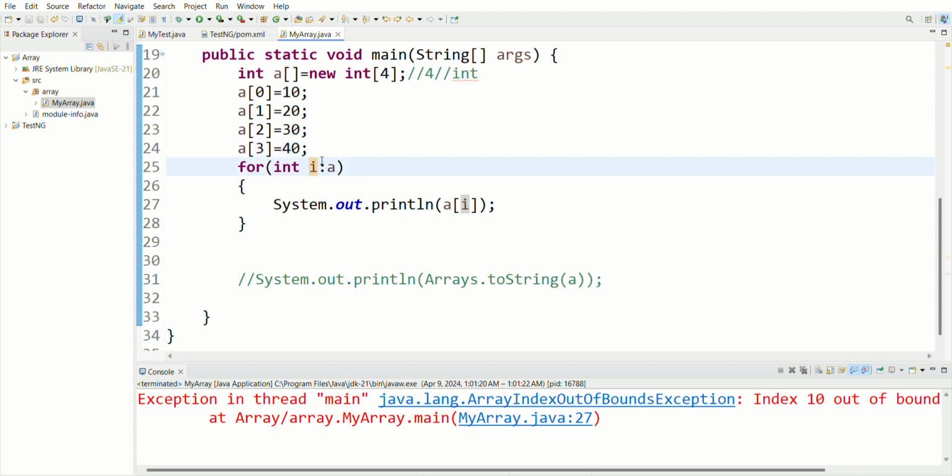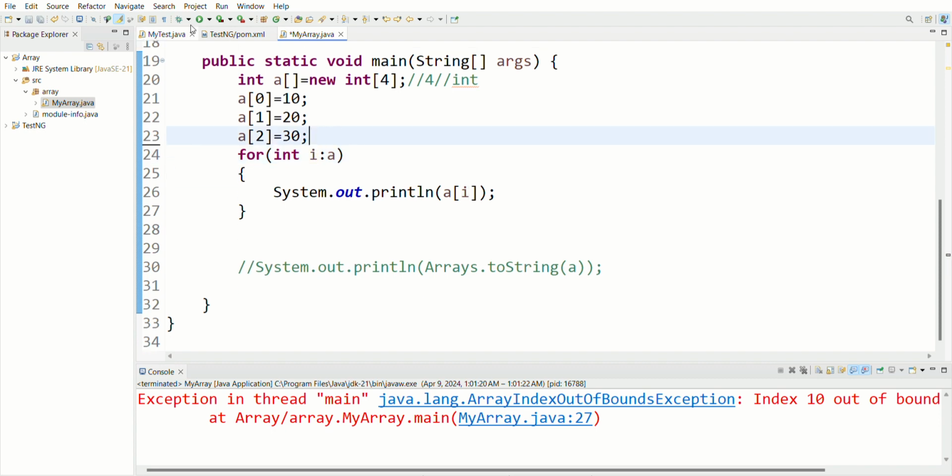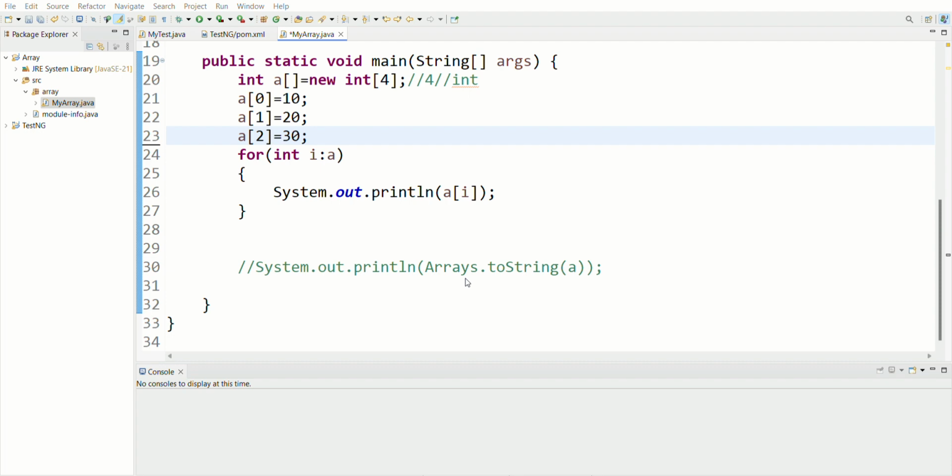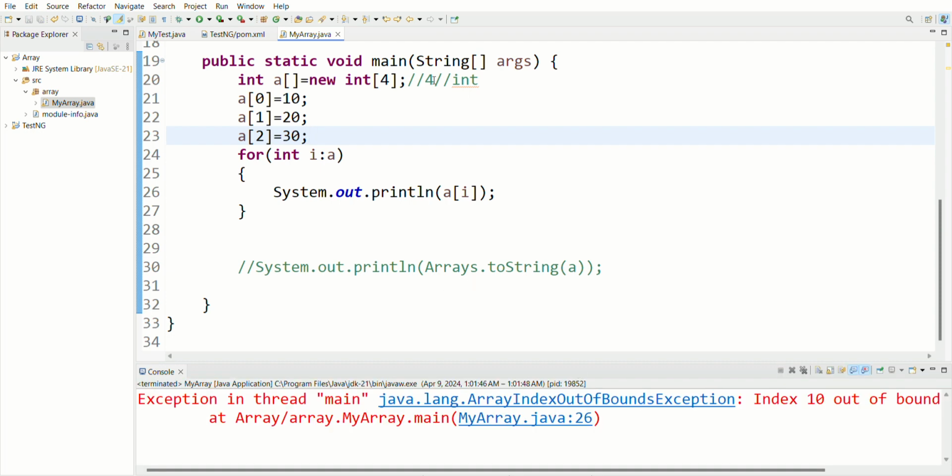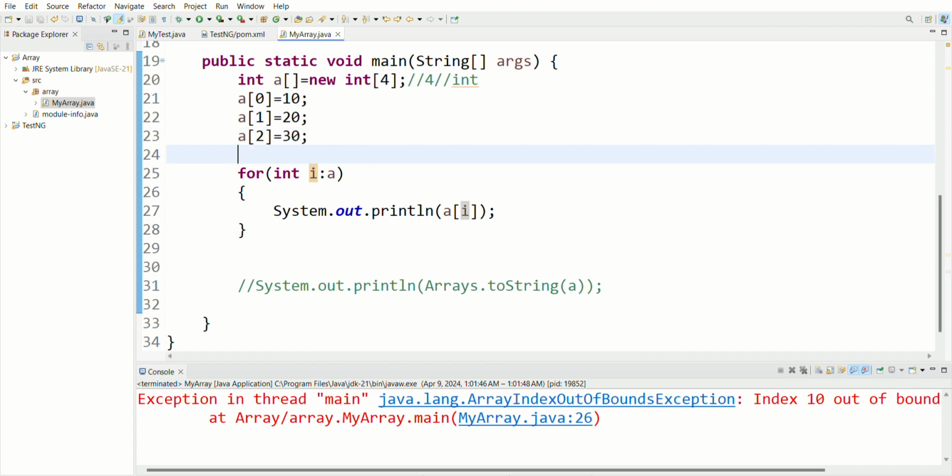It is still giving the array index out of bound exception, because of this. For int i, I have to write i is equal to 0.